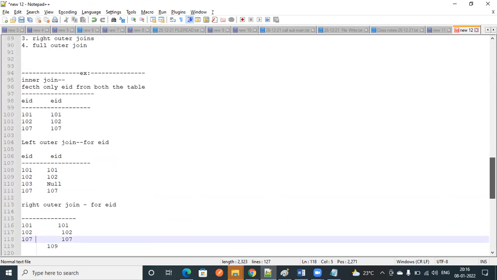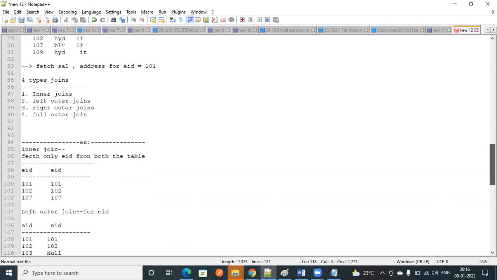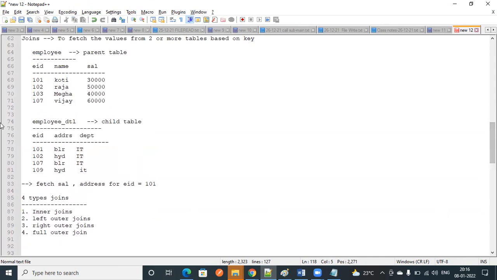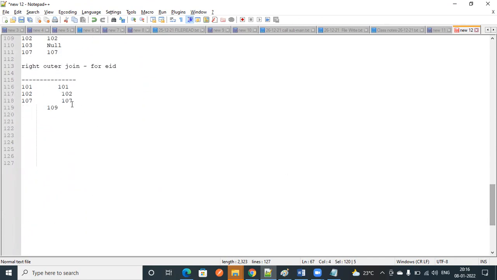What about 109? See, 109 is not present in the first table, the left side table. So it will display as a null for this one.